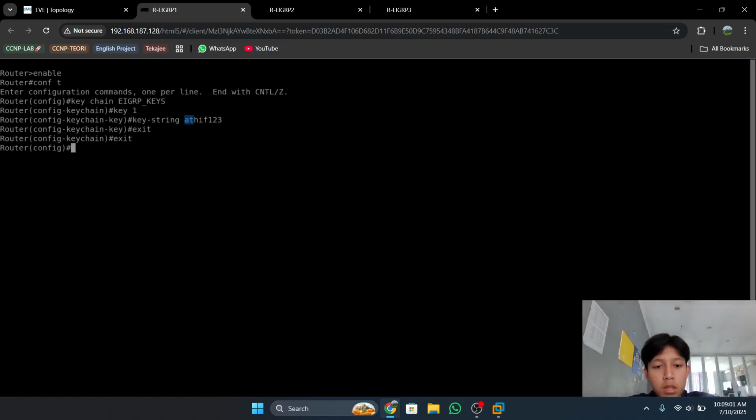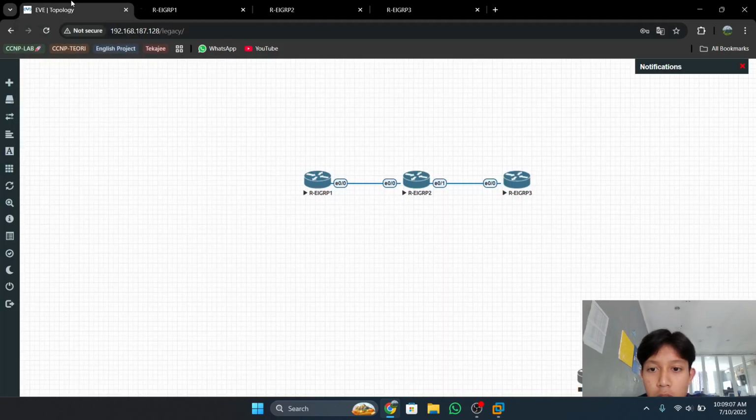Then enter the interface that connects the routers. For example, router 1 and router 2 are connected on Ethernet 0/0.